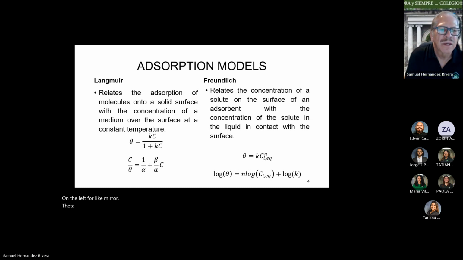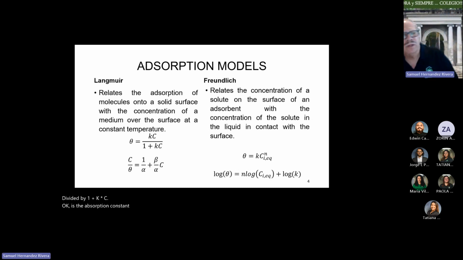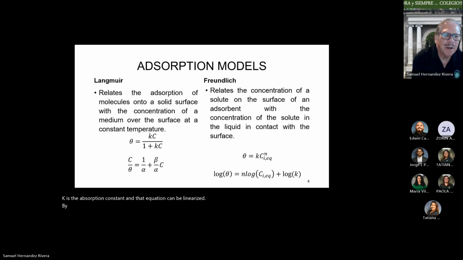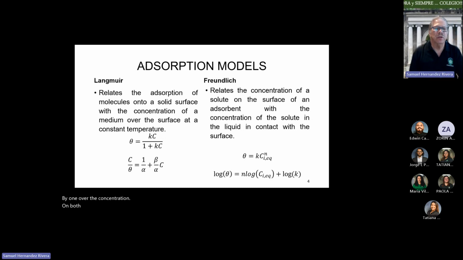Theta equals K times C, where capital C is the concentration of the analyte, divided by 1 plus K times C. K is the adsorption constant, and that equation can be linearized by dividing by 1 over the concentration on both sides of the equation, and you get the concentration divided by theta is equal to 1 over alpha, which is the intercept on the linear part of the adsorption process,